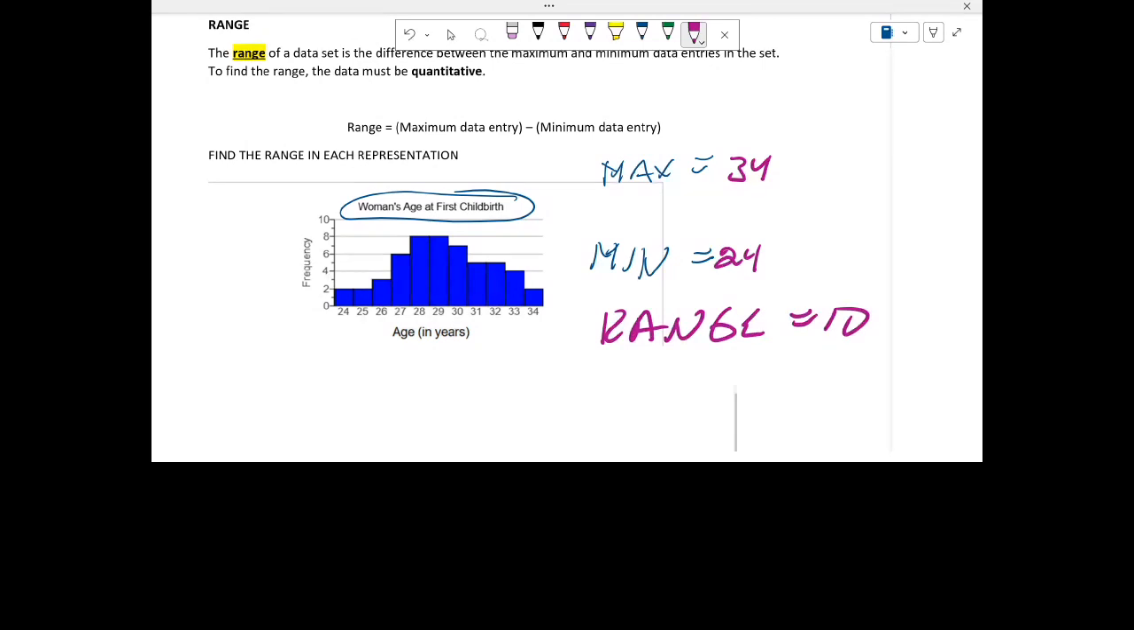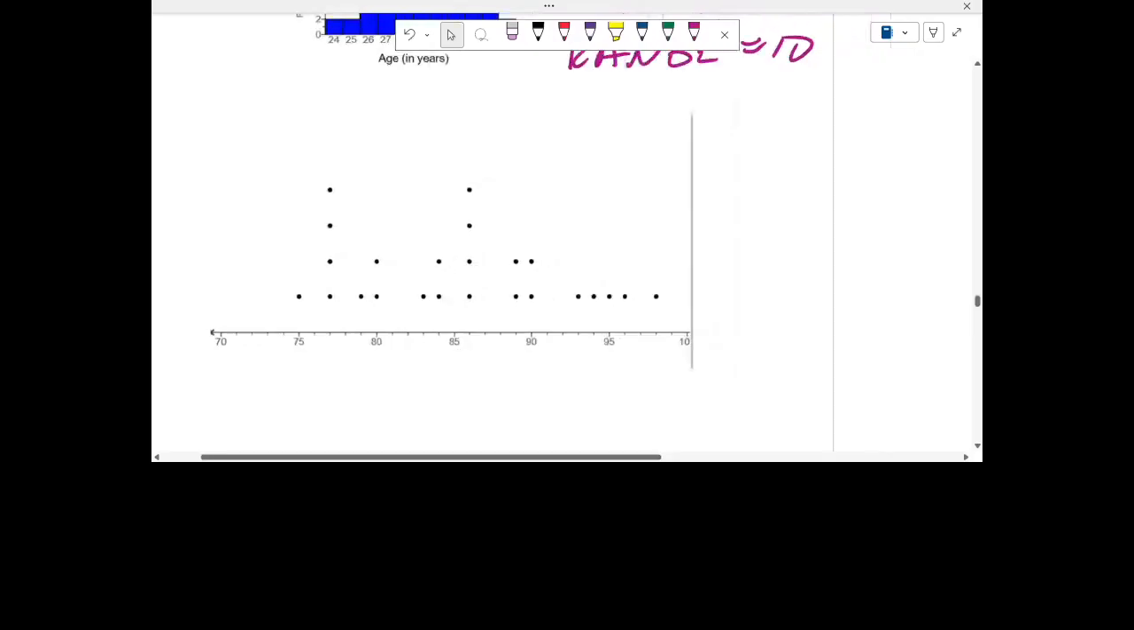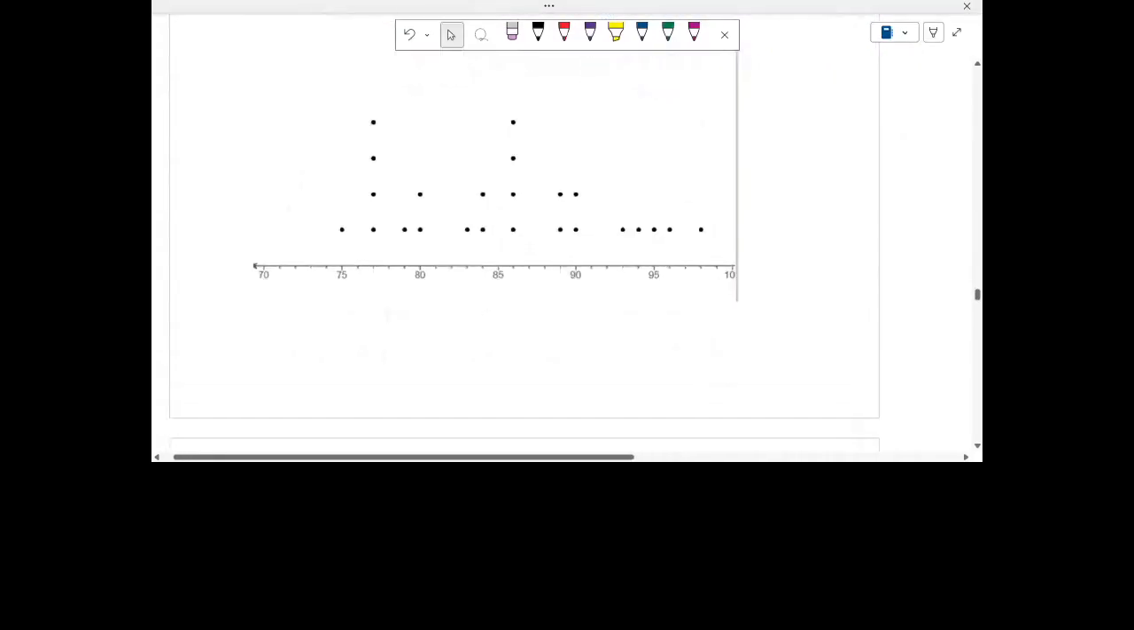So again, part of it, y'all, is being able to interpret the information. A lot of times people think, oh, I need to take the highest bar minus the smallest bar, but that's not what we're looking for. We're looking for the range in age. Y'all, this is another dot plot. I'm not certain what this dot plot represents, but